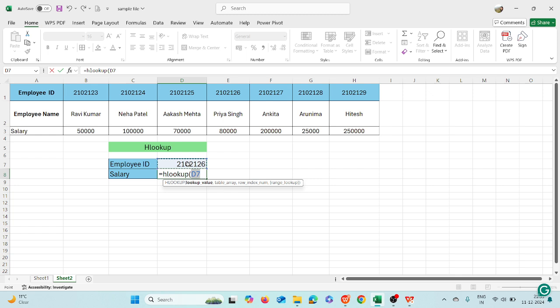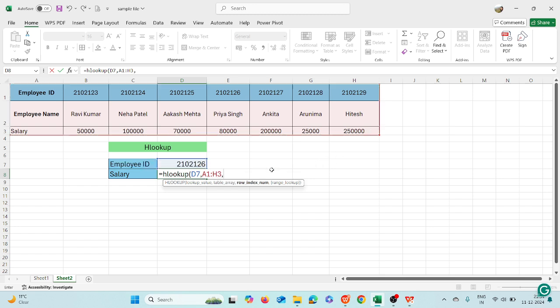The point to be noted is the lookup value, what you want to search for. So that is why I have selected D7, right? As you could check, the cell address D and then 7. Then put comma, and after that the table array, right? So the table array starts from this side. This is the table array.